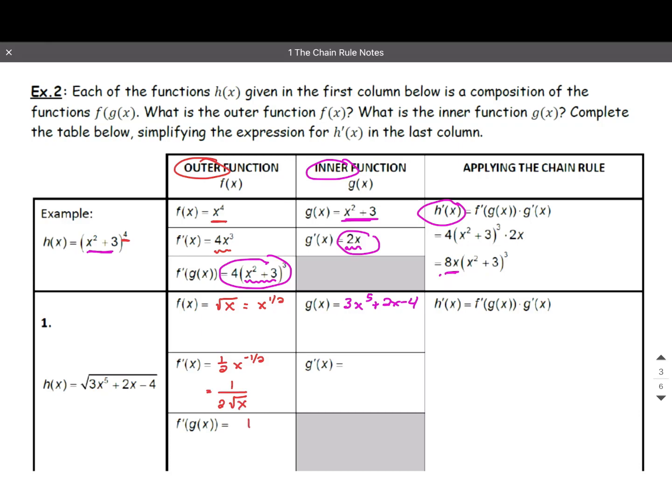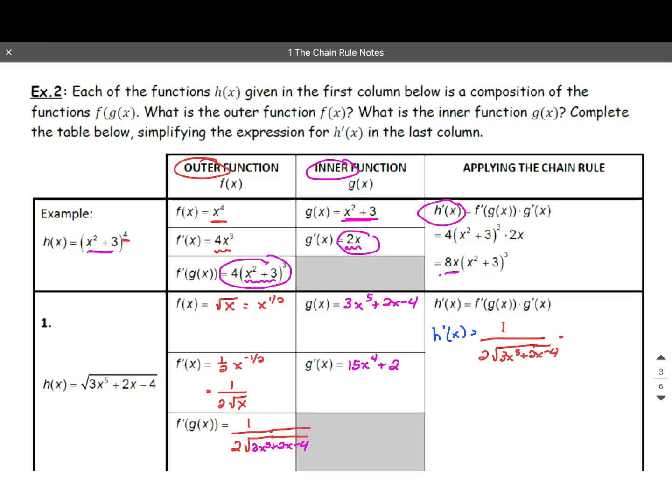So now when I want to rewrite this and keep the inside the same, I'm going to put that inside, 3x to the 5th plus 2x minus 4. I have to expand my fraction line and my radical. Okay. Now the derivative of g of x, the derivative of 3x to the 5th is 15x to the 4th, plus the derivative of 2x is 2, minus the derivative of 4 is 0, so I do not need that. Now, when I want to find h prime of x, that is 1 over 2 radical 3x to the 5th plus 2x minus 4